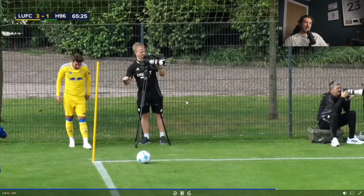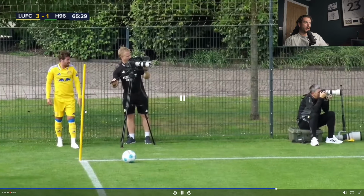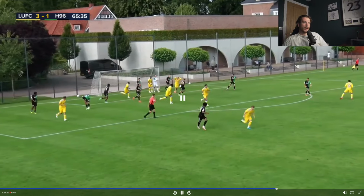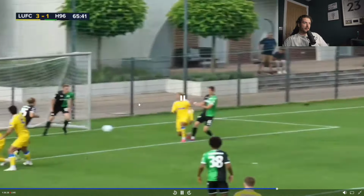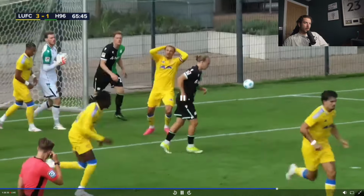Just a quick look at this corner delivery because it's actually good. Joe Rothwell obviously coming in on loan. He's going to give you a bit of set piece taking. Decent corner delivery flicked on there by DeBayo, and Ampadu should have done better with that at the far post. But decent corner delivery. Look, it beats the first man onto kind of like the 6-yard line in the middle. It's always got a chance. It's good